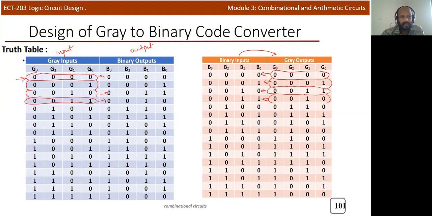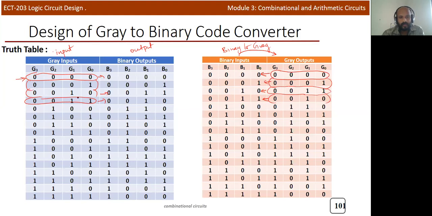Okay, actually we need the first table. To get this first table we can use the second table. Okay, this is for the first binary to gray code conversion. We need to use the second truth table, but in this particular case we need to use the first table, and here the gray sequences are written in another order, not the usual sequential order. We will write this in the binary sequential order, but at the right side this is not exactly the binary output. Okay, binary output will be in a different order.